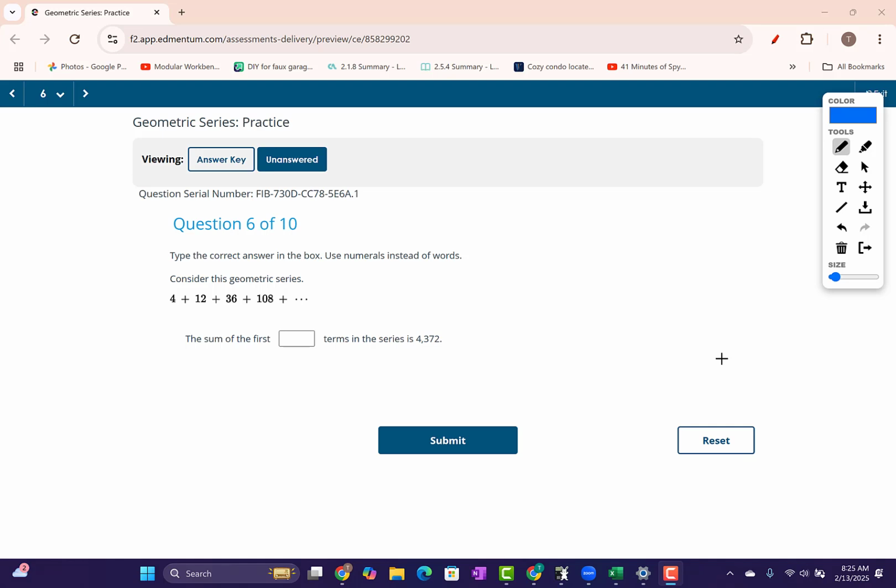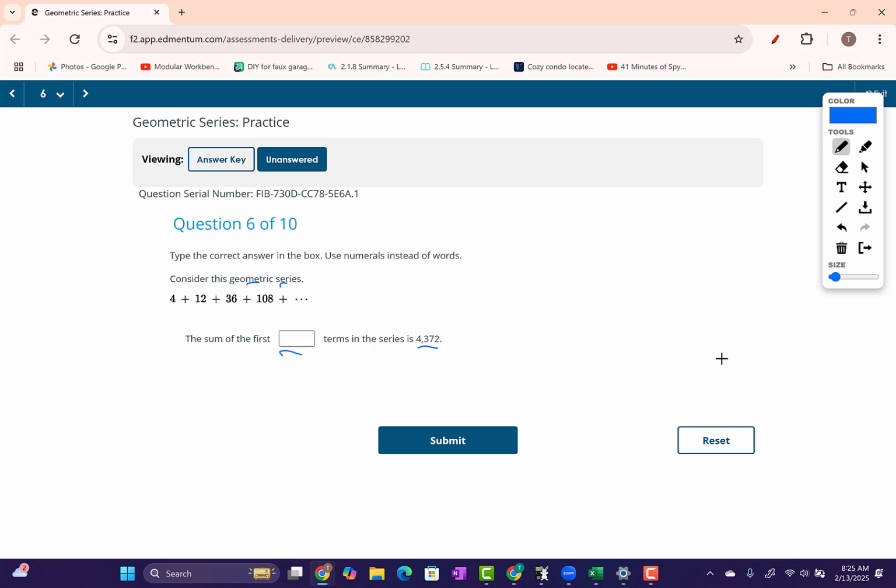Question 6, type the correct answer in the box. Use numerals instead of words. Consider the geometric series. 4 plus 12 plus 36 plus 108. The sum of the first blank terms in the series is